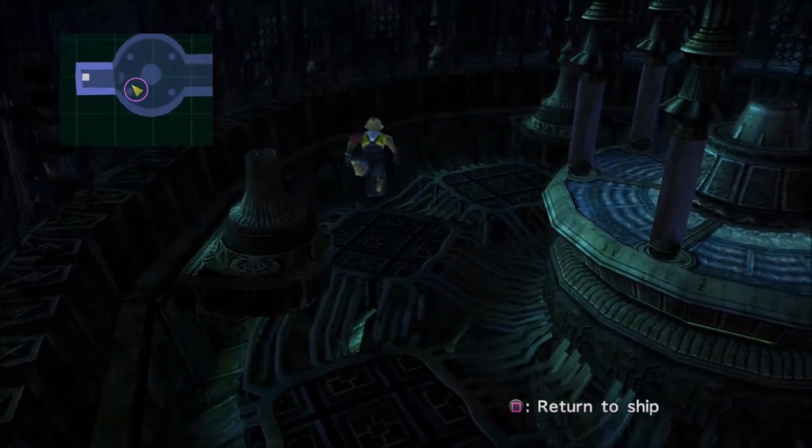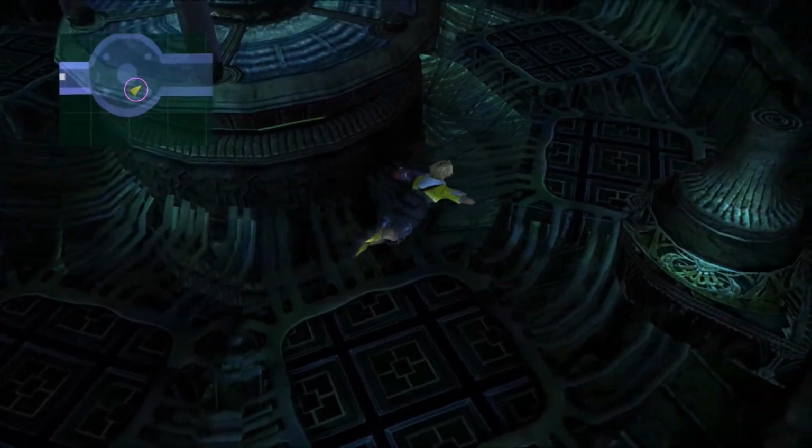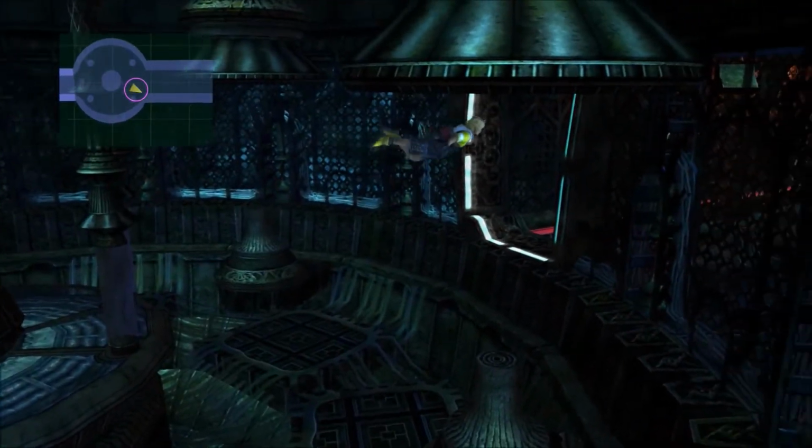There's not really much to look around in here, but it just looks cool. Yeah, don't accidentally press square, because you'll just get sent back to the ship, and you have to swim all the way back down here to continue, so...